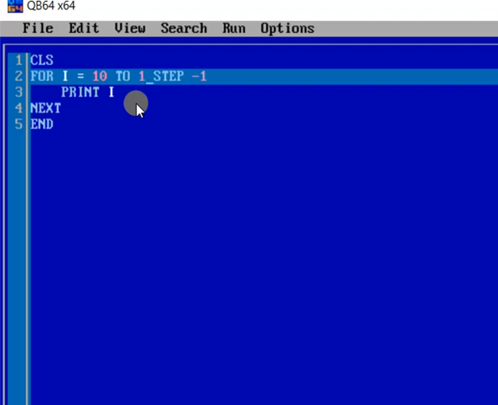Now you can see if we go from 10 to 1, this is a reverse, that means the final value is 1 and the initial value is 10. So here the initial value is greater than the final value, and now it will be proper because in each repetition it will decrease by 1, from 10 to 9, 9 to 8, like this.